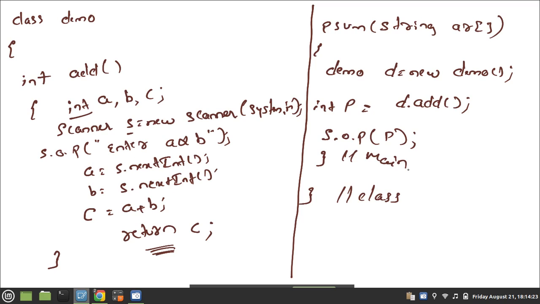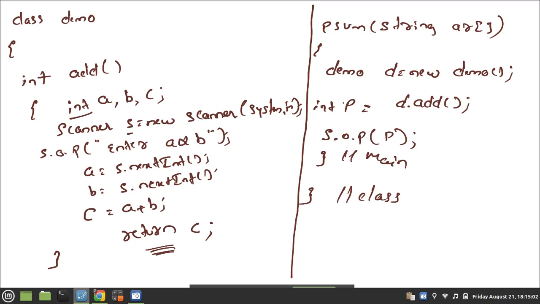Sir, why int p only? We cannot take c? C also you can take, no problem. Any variable name you can take: p, q, r, s, t, u, v. This is just a variable. Because this is a local variable, its lifetime will be within this block itself, right?